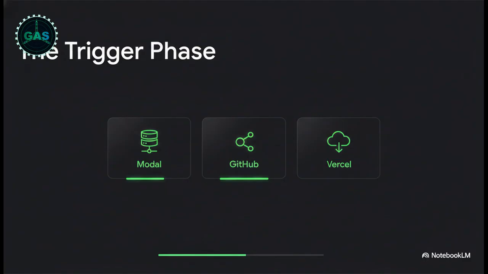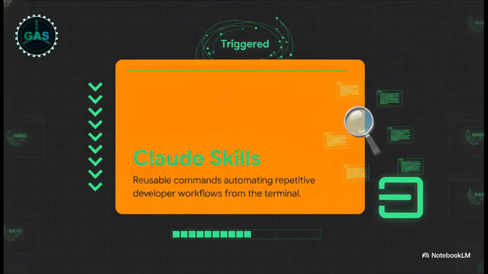It means your app just keeps working whether your laptop is open or closed, autonomously scraping subreddits or checking your emails every 3 hours on a serverless schedule. To speed up this entire development cycle, we introduced something called Claude Skills. These are custom, reusable AI commands that automate repetitive developer workflows directly from your terminal. For instance, with just a single / command, you can trigger a complex skill that automatically clones a competitor's website layout, completely swaps out their images using the Nano Banana API, and redeploys a fresh, unique version. It turns these complex multi-step actions into a single keystroke.